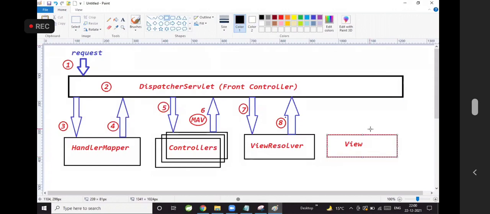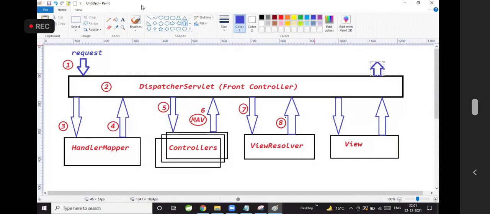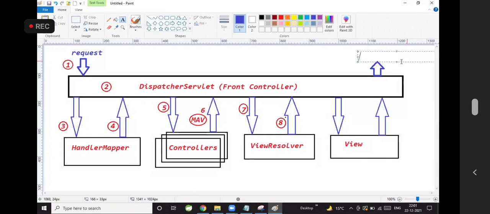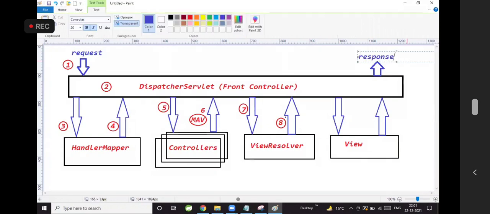View component is responsible to render the model data in the view file, and it will send that view file back to the dispatcher servlet. Then dispatcher servlet is going to send the final response back to the web page. This is the final response which will be sent to the user.